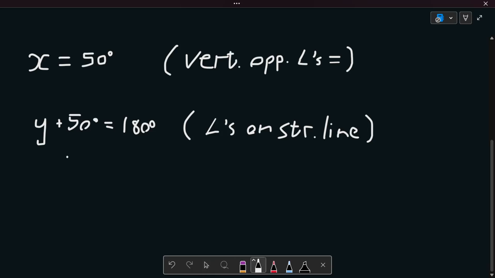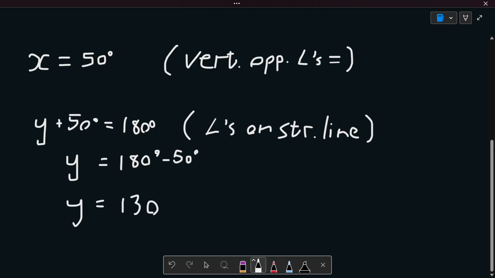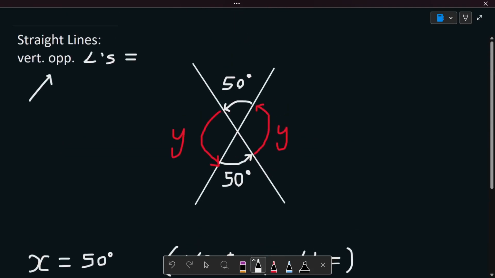Now we can solve for y, and we can minus both sides by 50 degrees, and we'll get the following. We'll get 180 degrees minus 50 degrees. And then we will get a final answer where y is going to be equal to 180 degrees minus 50 degrees, which is equal to 130 degrees. And now we can just replace our y value over there. So now we know that y is equal to 130 degrees,